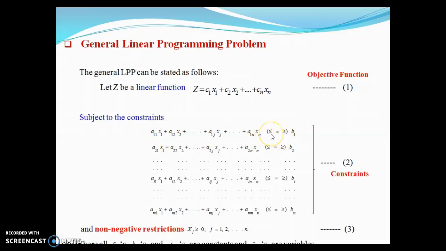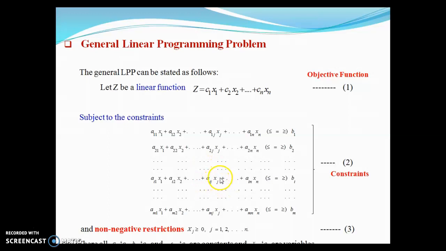notation, either less than or equal to or greater than or equal to, is called the inequalities or equalities. And b1 and so on, that is a21 x1 plus a22 x2 plus and so on, again an inequality or equality constraint, that is b2. Then ai1 x1 plus ai2 x2 plus aij